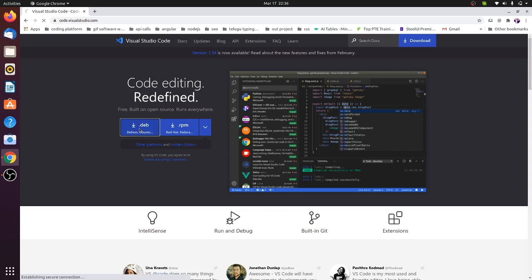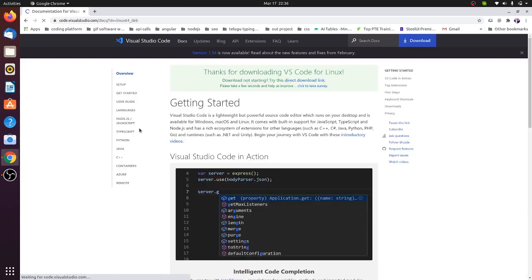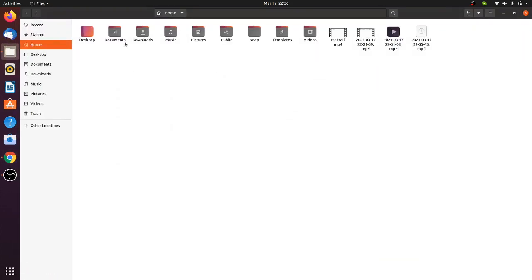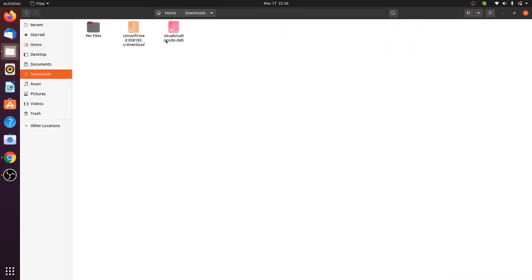So it automatically starts downloading. I'm just passing this because I have already downloaded the file. It was in downloads folder. Here it is. So to install this you have to go to terminal,